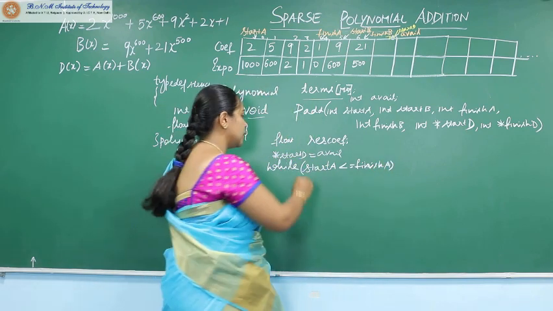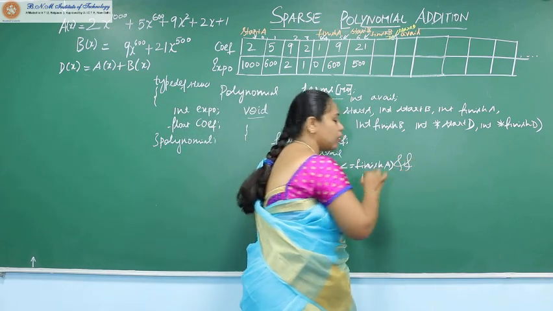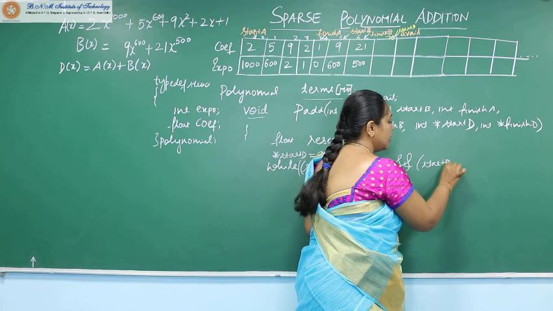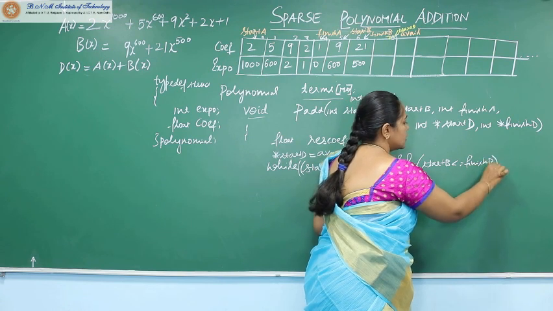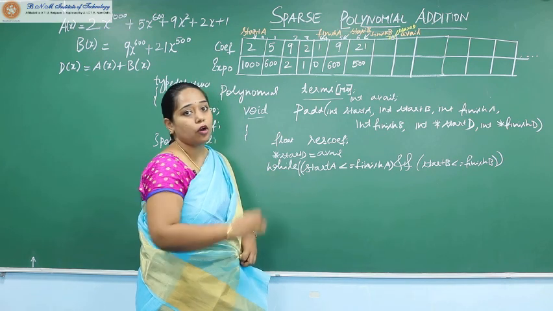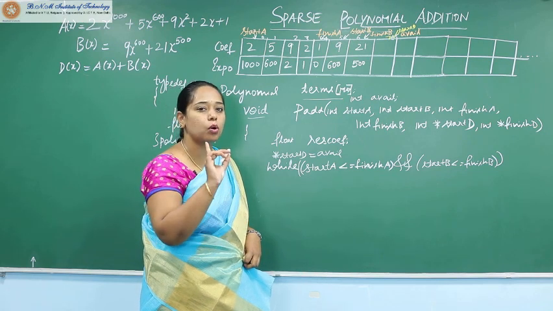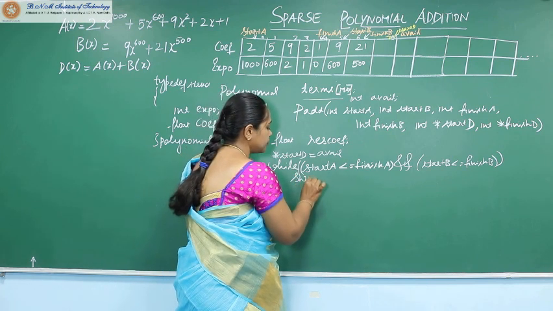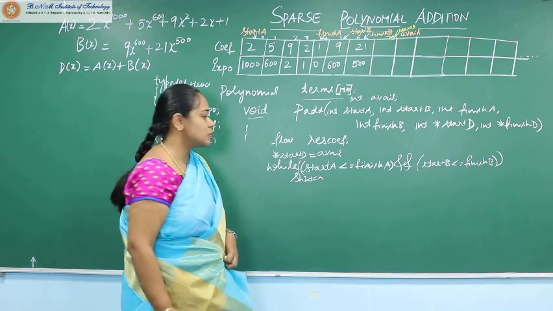That's our first condition, but that's not it. That's one part of our condition. And we have an AND operator here, and so long as start B is less than or equal to finish B. This simply means so long as there are terms in both polynomial A and polynomial B, we continue the task. Now what I have inside this while condition is only one switch case. So I say switch, which is why I have not given a bracket here. I have only one statement here, which is a switch case.